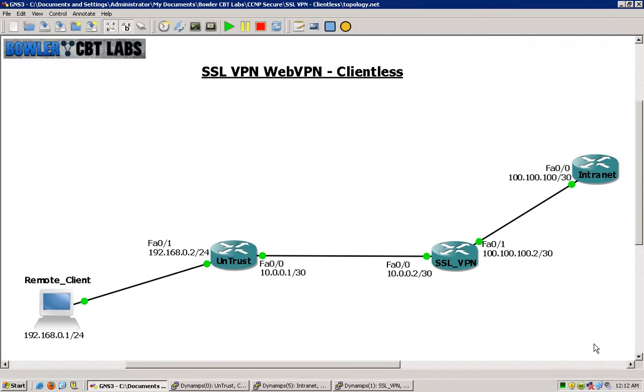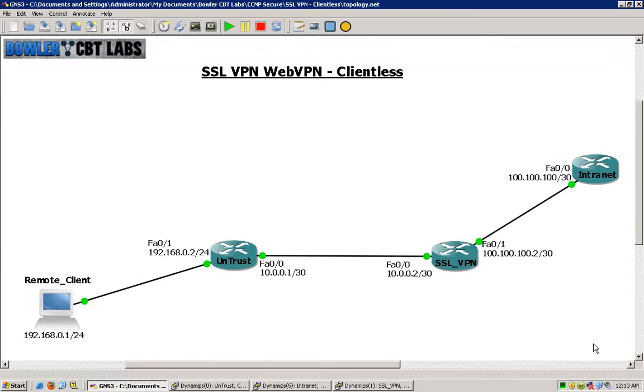My name is Matt Bowler, and in this video we will be taking a look at the Cisco SSL WebVPN, and in this particular lab we will be exploring the clientless side of the SSL VPNs. If you recall, and if you've seen the other lab, we focused on the SSL VPN using the iOS WebVPN feature set, but we connected and configured it for use with the AnyConnect client, which gives us more of an